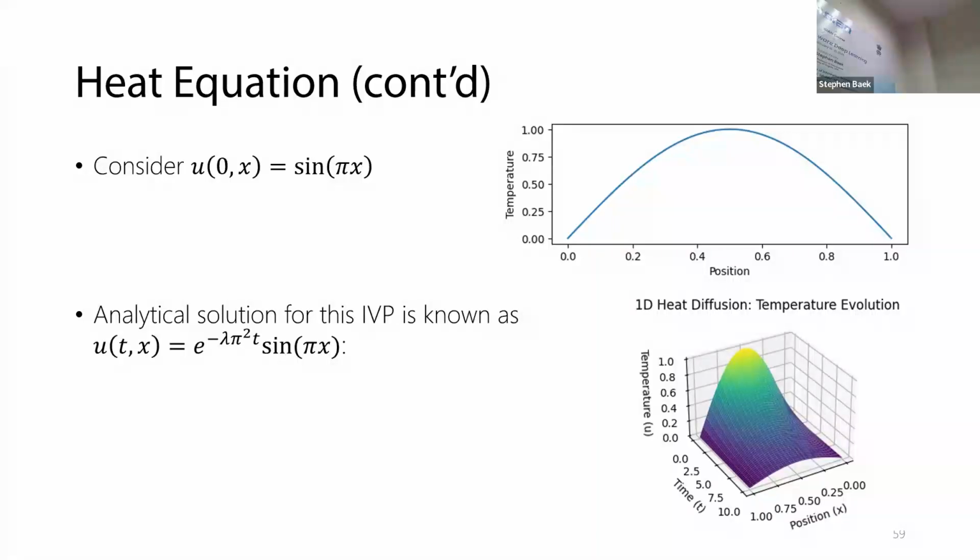Somebody noticed that many of the initial value problems are in the form of some operator times the initial condition. So instead of learning the u directly, what about we learn the operator? This is another way of thinking about physics learning problems, right? You could learn the u directly, right? You could fit your neural network directly onto the solution function u, but you could also learn